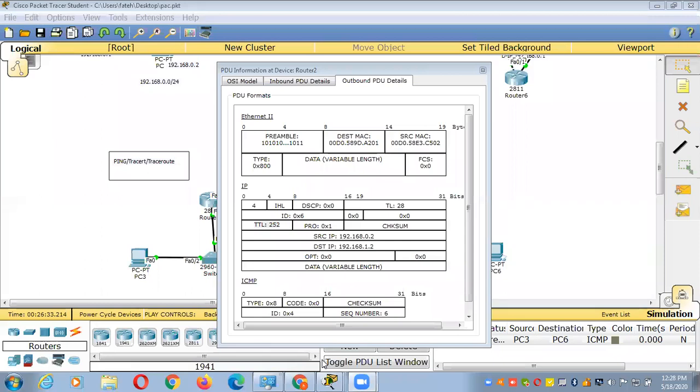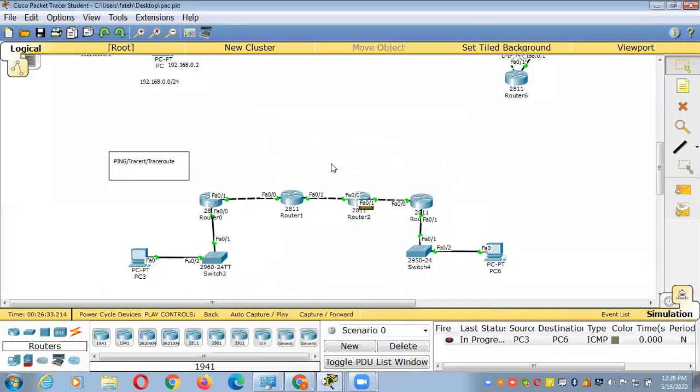So let's say I have a PC on my network, and I am trying to ping that PC. How will the TTL value get decremented? That I will show you now, brother. See, where is the packet here? The packet will be here.